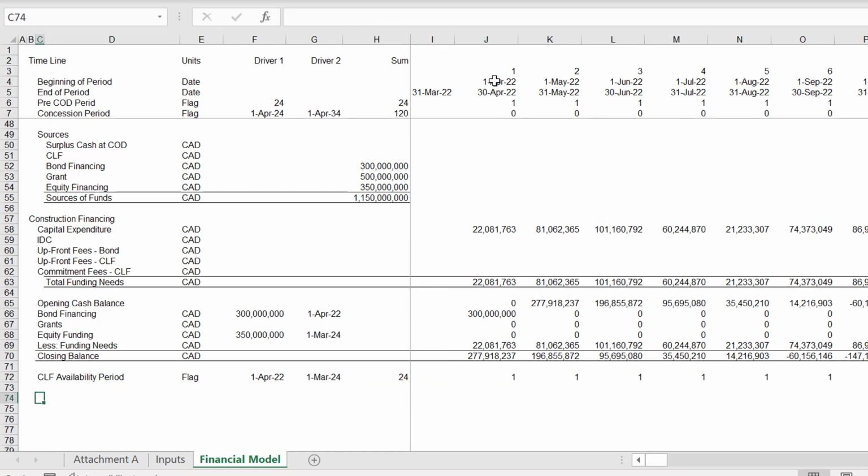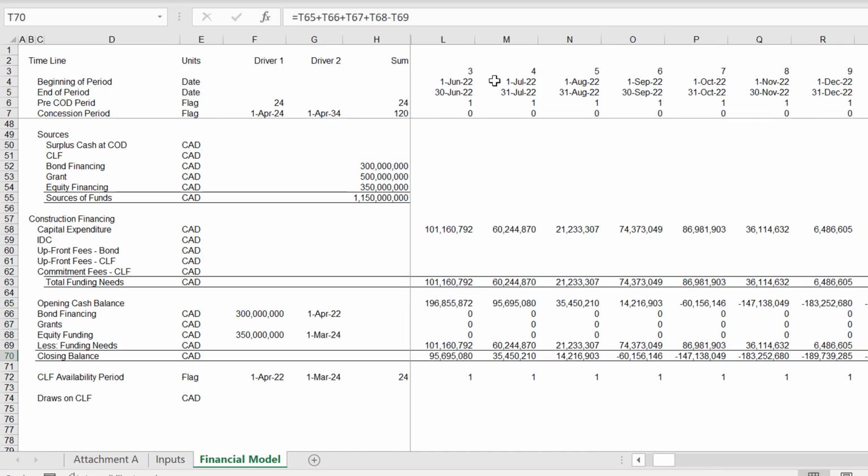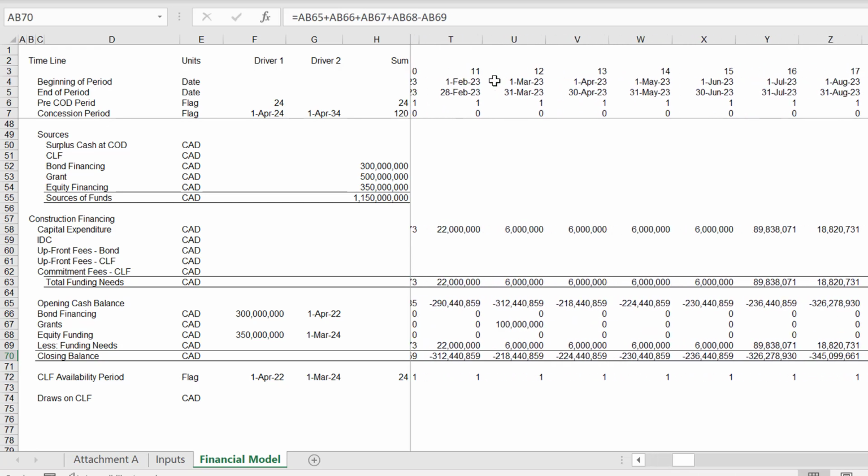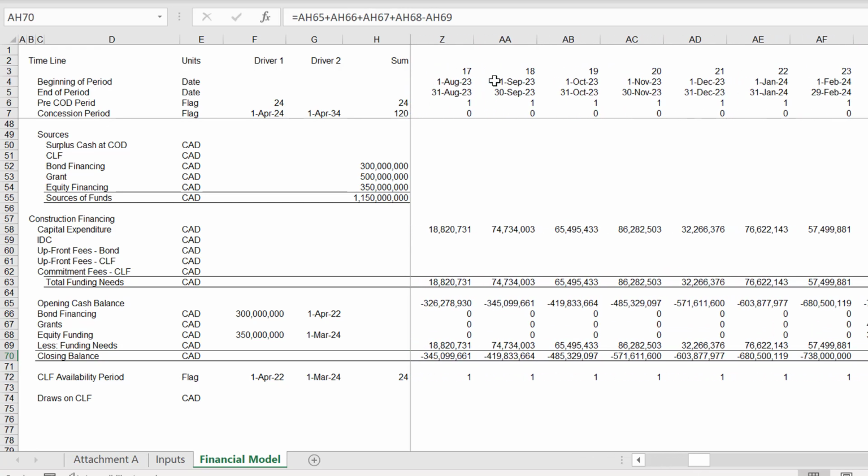And then now we're going to put the draws on CLF. Is that the right word? Maybe, but maybe it's not quite the right word. And then we don't have to draw until we hit a negative sign. And then if we draw, oops,